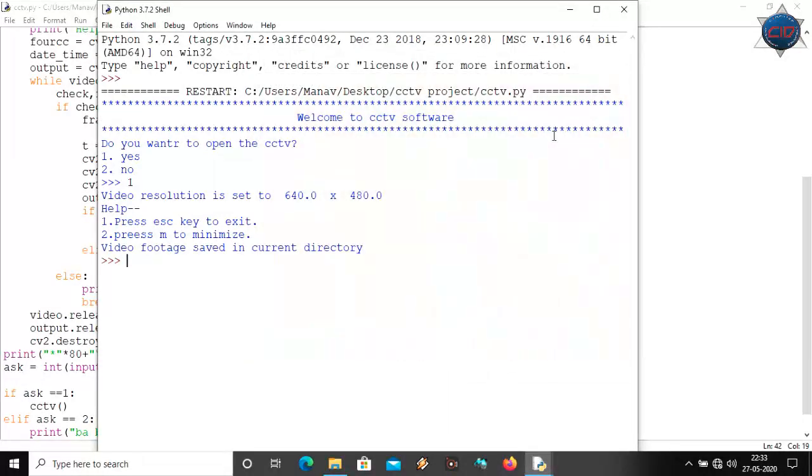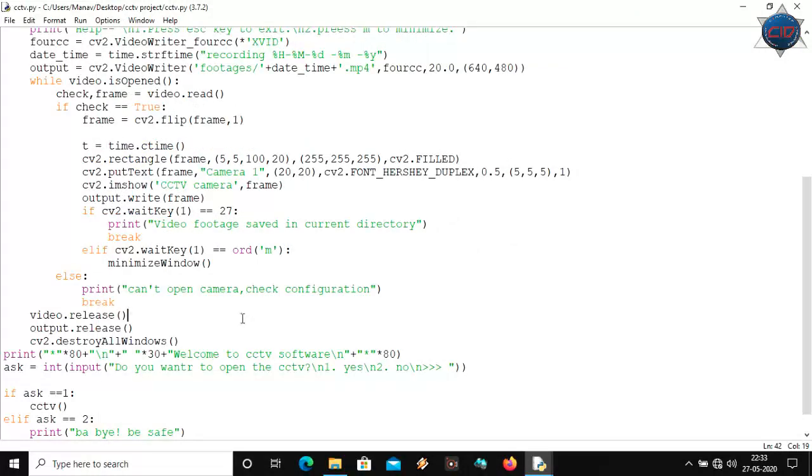So let me close it with the escape key, and now let me see why it isn't working. Camera 1. Okay, I'm not showing the time actually, so I will add it.